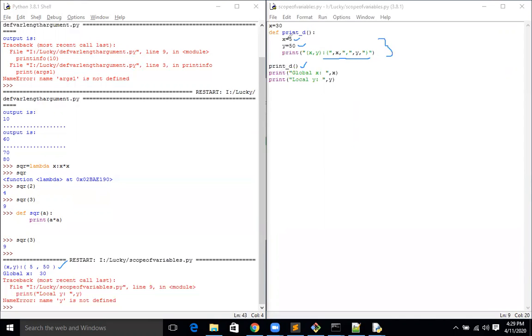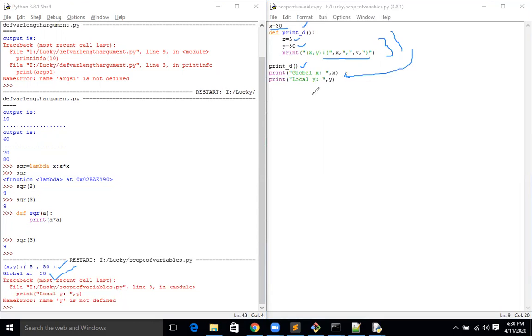Why? Because you are using these x comma y inside the function. Now here the print global x: I am printing the x value outside the method. Because the method is completed here and then outside the method I am printing x, then the x value is 30. This one is a global variable.